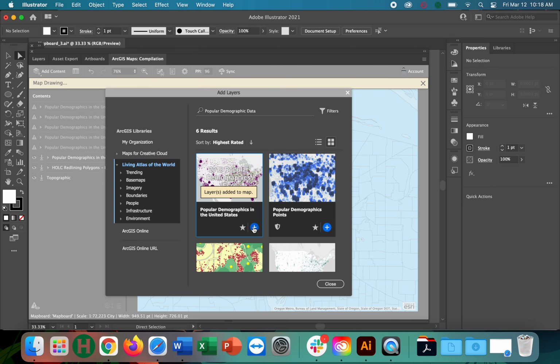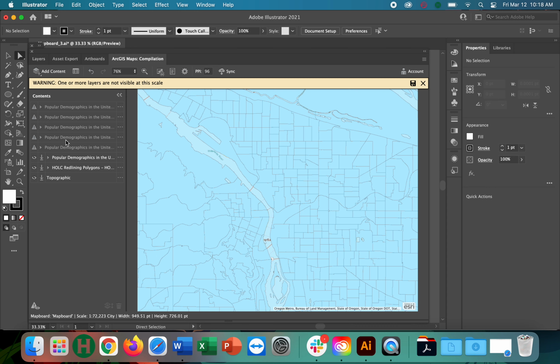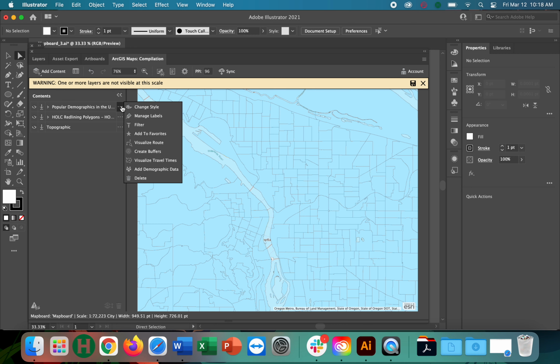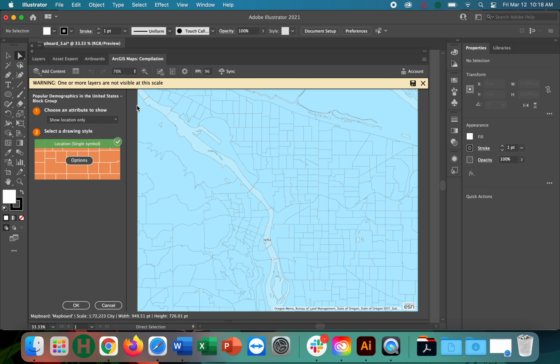This is a huge file here, with a whole bunch of different geographic extents and whatnot that we don't really need. So again, you can hit this button down here, toggle display for non-drawing layers, and let's get rid of those ones that we don't need. Okay. So then, if we go into change style on this,